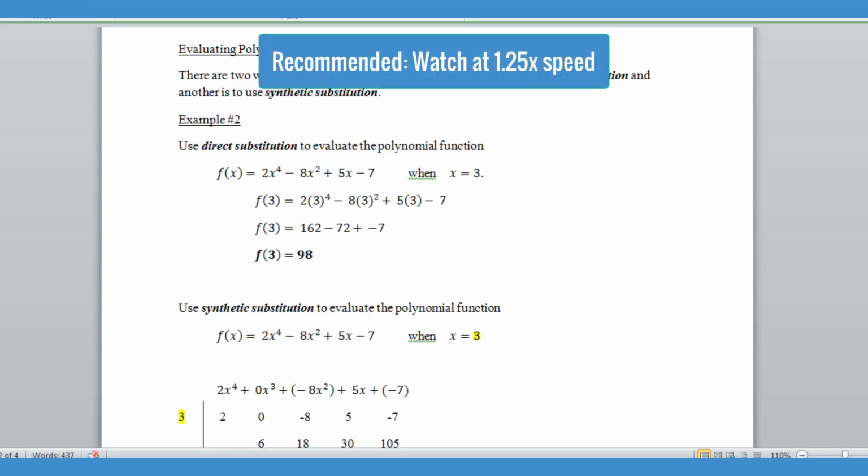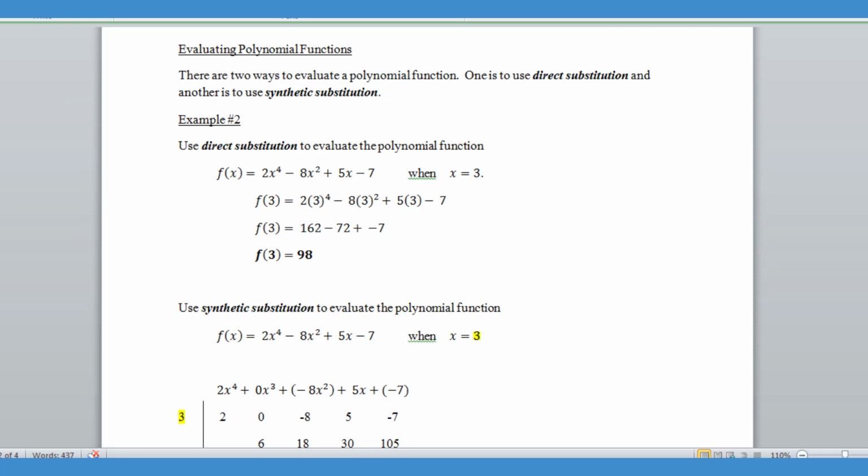Now that we've got a basic understanding of what a polynomial function looks like in standard form, and we can identify all the different types, we now need to move into working with the different ways of using these polynomial functions. And one of the things that we do with all functions is we learn how to graph them. Well, with graphing any polynomial function or any function type, we're going to have a shortcut method or some ways to shorten the process. But one of the things that you can always do to fall back on to graph